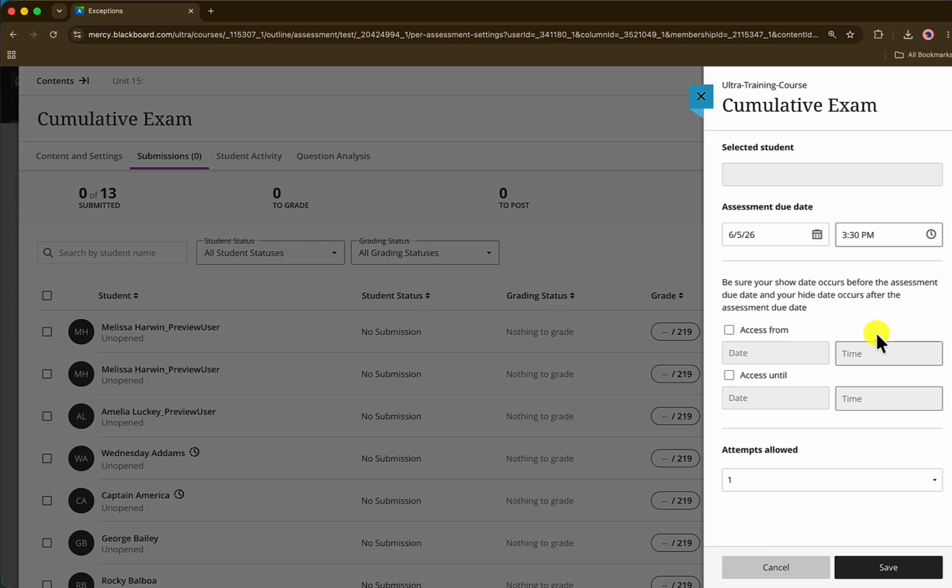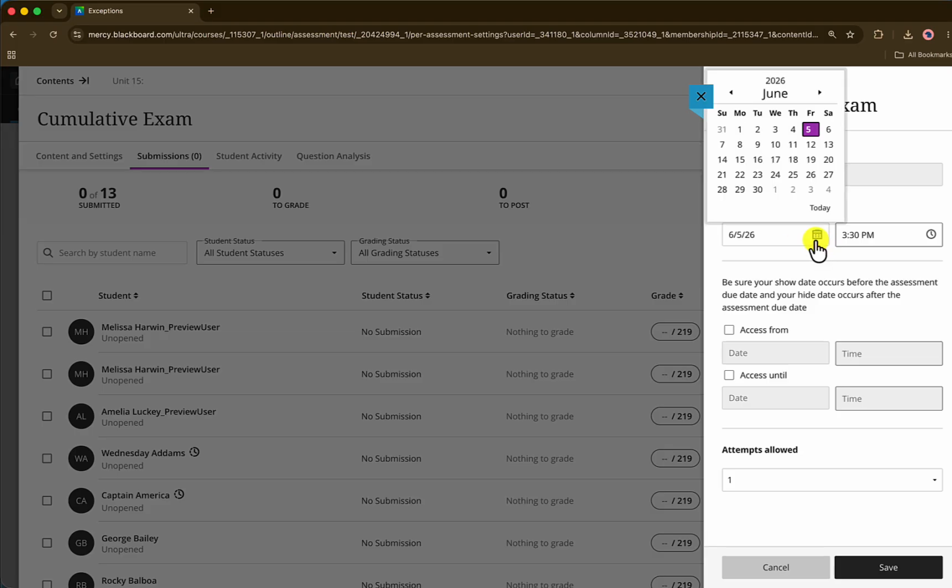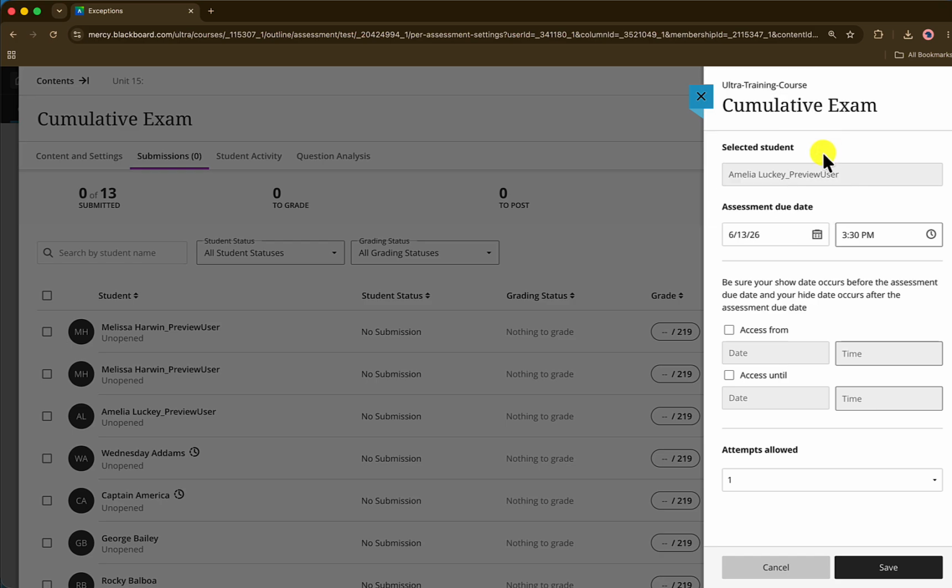and you will see this panel appear. The first thing you want to do is go to where you see assessment due date, and click on the calendar icon. It'll bring up the month that you're currently in. If this isn't the right month, use the arrow to go to the right month. When you are in the month you need to be in, click on the correct date. For example, I'm going to select June 13th, and to select it, I just click on the date,